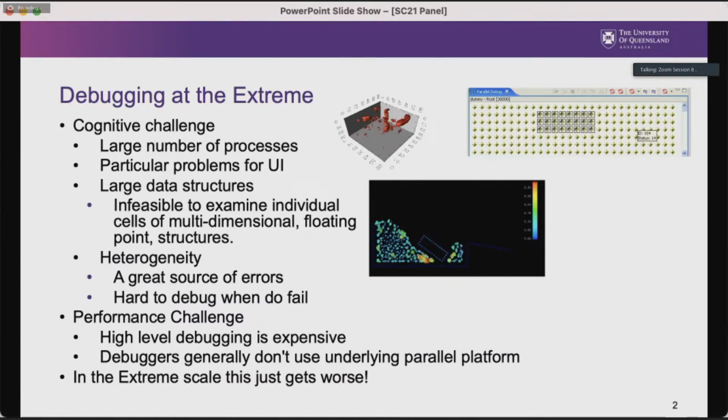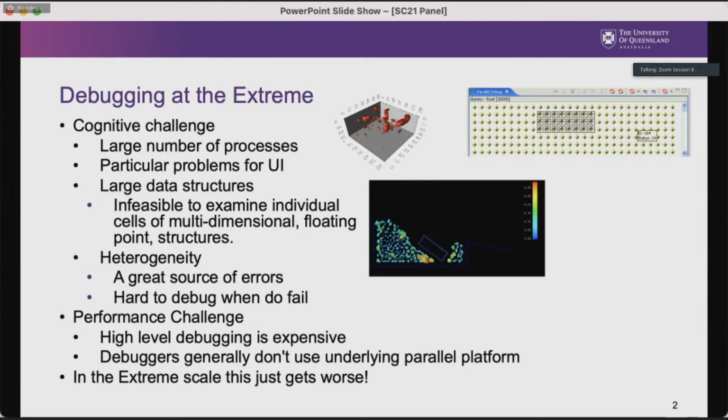So what debuggers have tried to do over the years is add functionality that allows you to see processes, but then in these big machines we just have an enormous number of threads or processors actually running at the time. So that creates one challenge, and the traditional technique for a UI-based debugger is to try and overlay that on some sort of UI, but then we start to run out of pixels ultimately on the number of cores that we're actually looking at. So that challenges the UI.